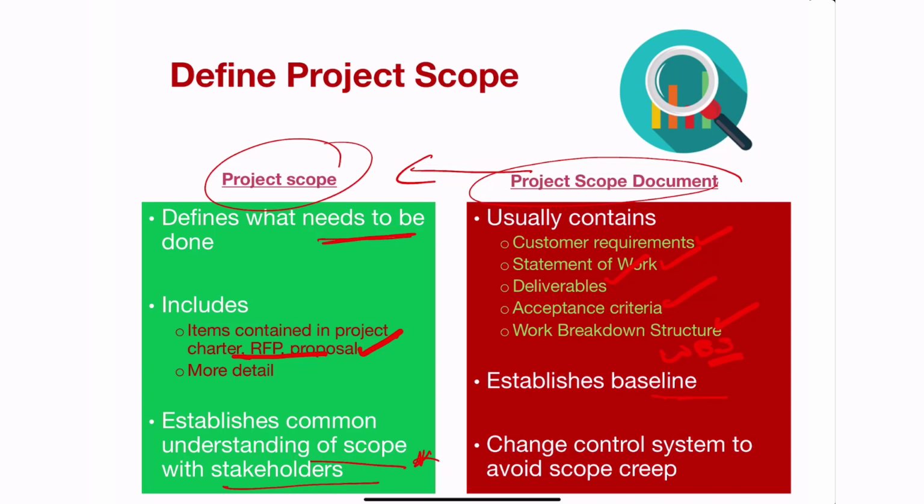Essentially, your project scope document is a baseline. This is your plan. This is what you're planning to do. And it's important in order to ensure that there is no scope creep. So what is this thing called scope creep? Scope creep is where